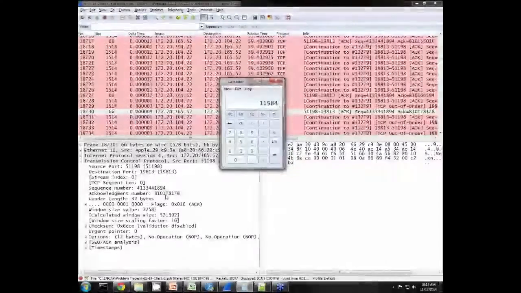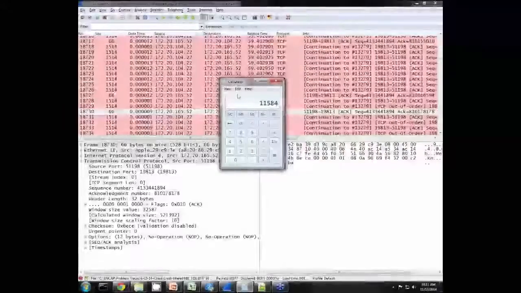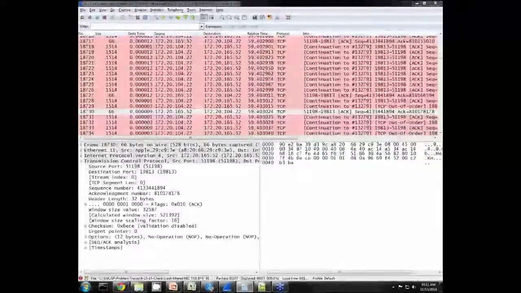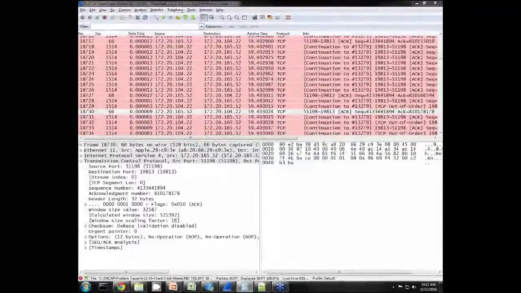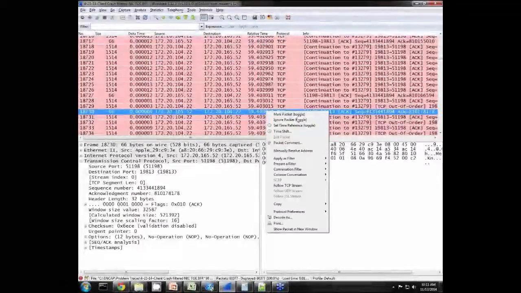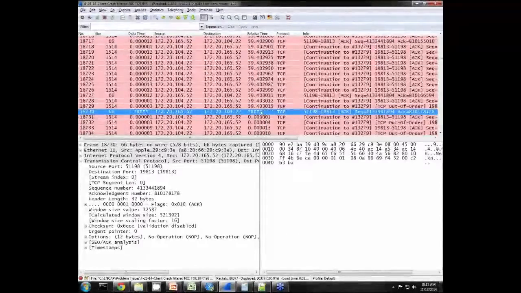So we see that ACK number, 78178. The client has ACKed that. The server should never have to retransmit that data. If I set my relative time right here to where that ACK is,